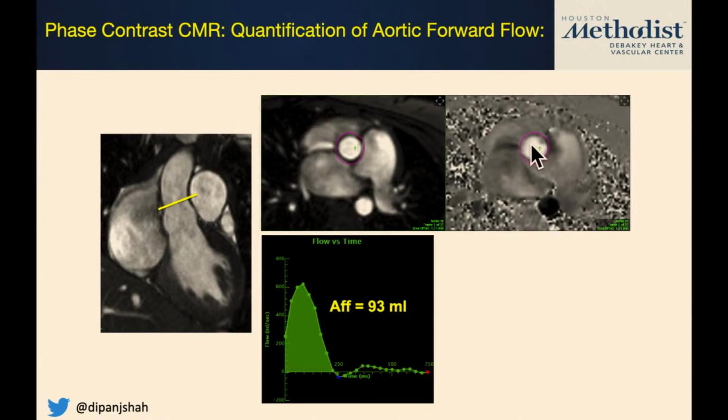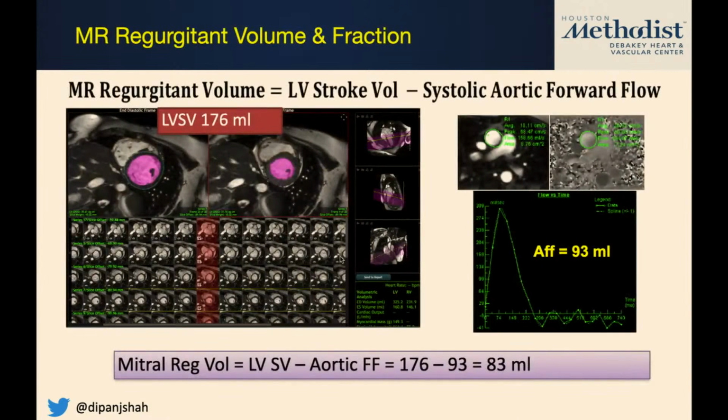Then with post-processing tools, we can draw an ROI. It will summate this together and give you a flow curve, which is telling me the total flow through systole, which in this example patient was 93 mLs. And from our cine images, we computed that the left ventricular stroke volume for this patient was 176 mLs. So the mitral regurgitant volume is the difference between these two, which gives us 83 mLs